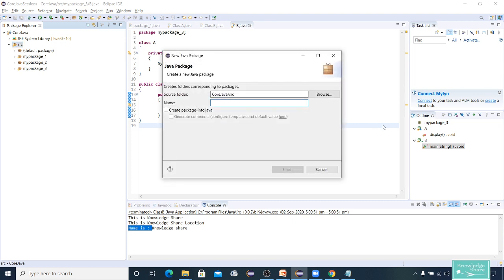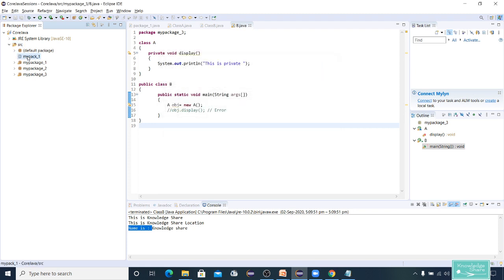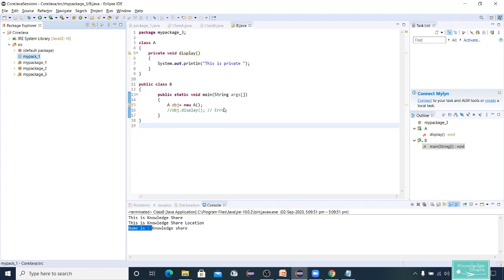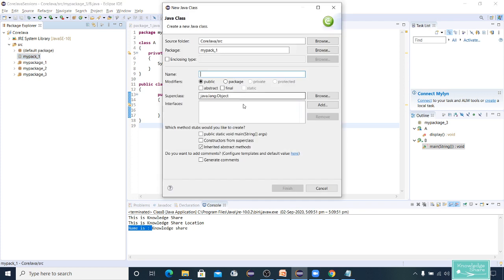I'll call it my pack underscore one. Let me create a class here, a new class. I'll call it class A.